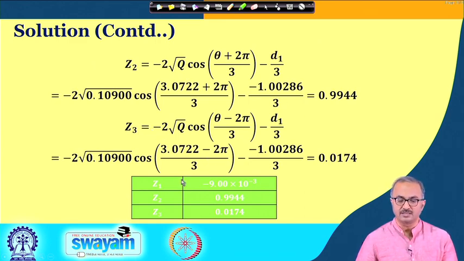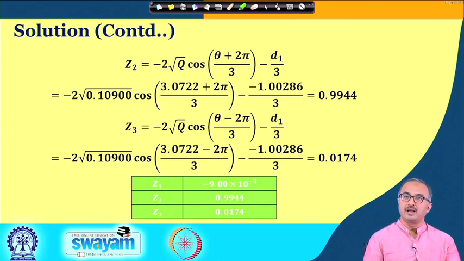Now, to summarize, we are getting these three values of the roots for the compressibility factor. One of them is coming to be negative, one of them is 0.99, nearby 1, and one of them is quite low. If you go through the books on thermodynamics, you will find how all these values of the compressibility factor are interpreted and used. I am not going into those theories; I am stopping at finding the roots for the compressibility factor by using a suitable numerical method.